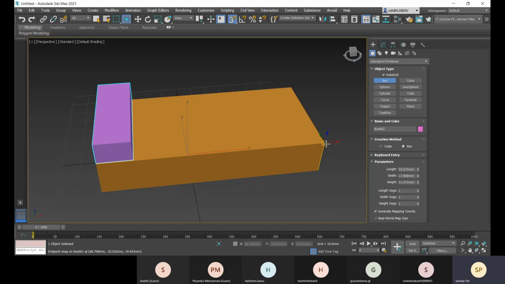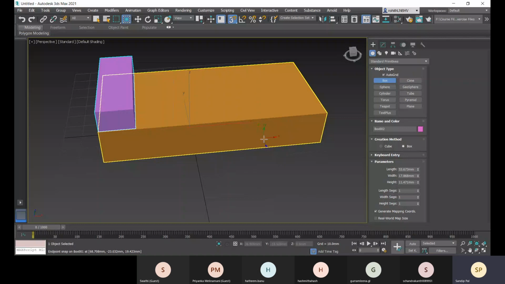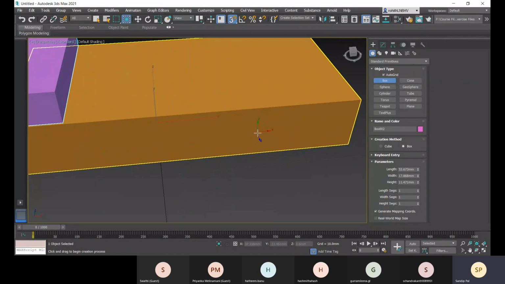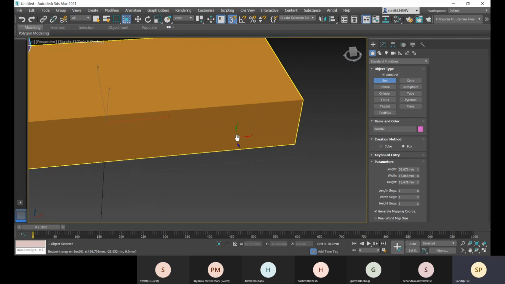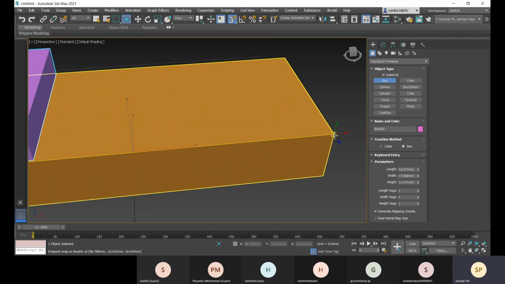Again, you can turn on your snap with this auto grid. So whatever surface you select, as per that you see your coordinates are aligned. And this is right now the XY plane and Z. So along this direction, you will provide your height. This direction is for length and the upper direction is for height, if you are creating your object on this surface. So as per that, it will be aligned.